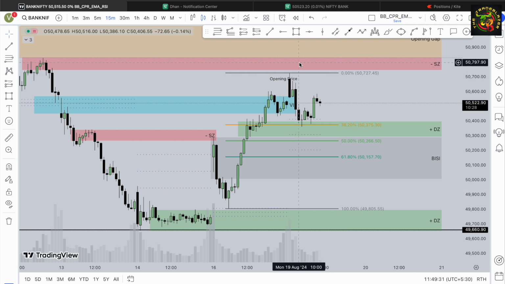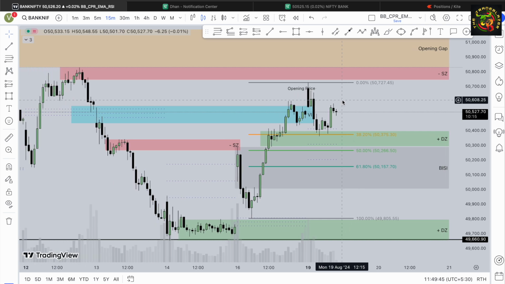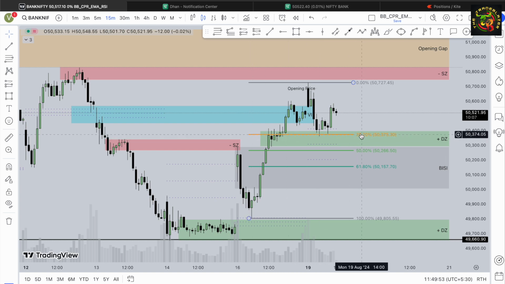So I have two views actually. One view is that if Bank Nifty is opening right at the supply zone or hitting this opening gap over here, I could have gone for a selling trade initially. The other possibilities: you can see that I have turned on the fib retracement tool with 38.2% as well, because based on this huge bullish move, whenever Bank Nifty is hugely bullish, sometimes it might not return to this golden fib zone. So I have turned on